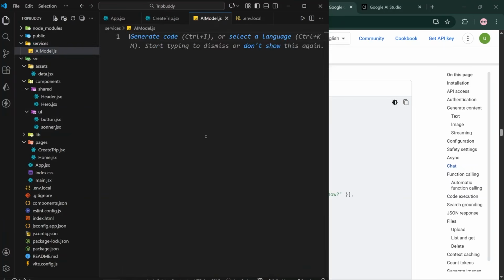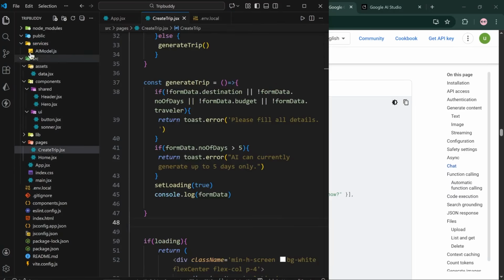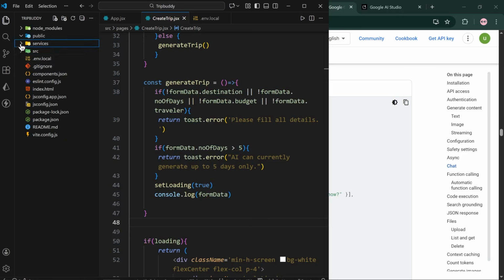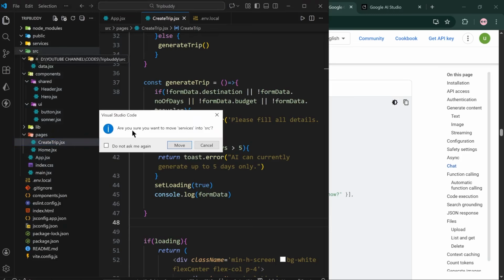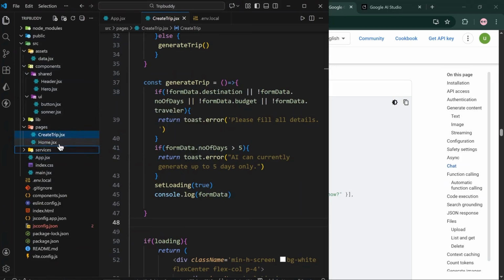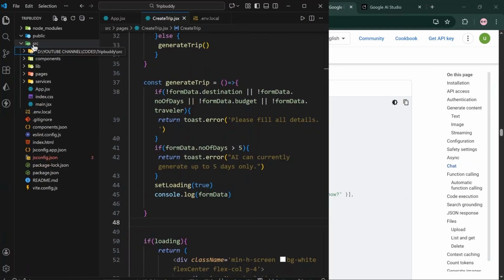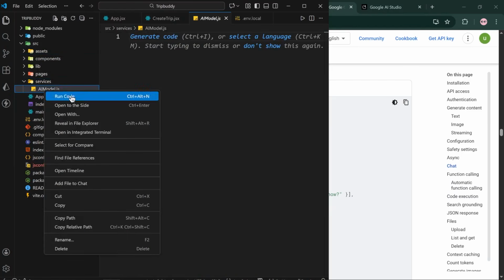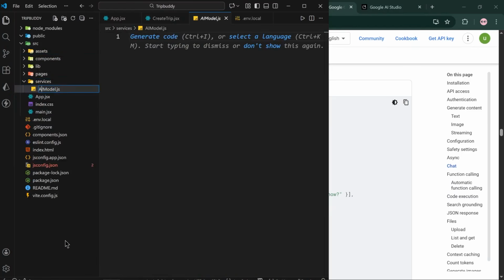Actually, this services folder will be inside the src folder, so we will move it to the src folder. Let me minimize the pages, components and assets folders. Here inside services we will edit this name, write AI model.js and we will paste